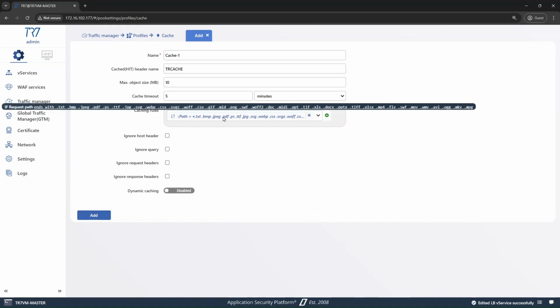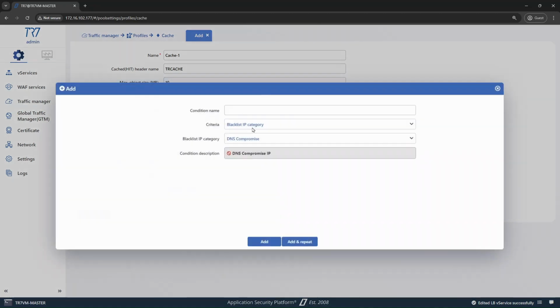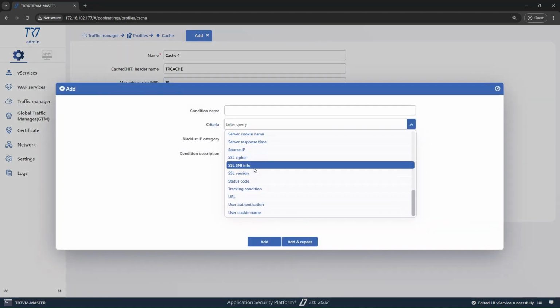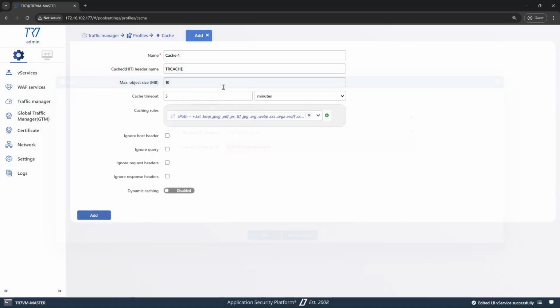In the Caching Rules section, select the conditions under which caching will occur. By default, caching will happen if the path rule ends with the file types on the screen. You can click the Add button to create a desired caching rule. When Ignore Host Header is activated, the same files can be kept in the cache for multiple service instances, and